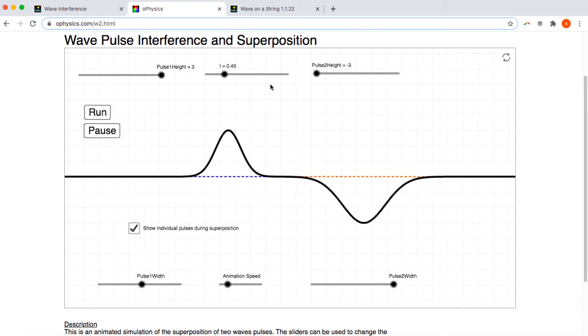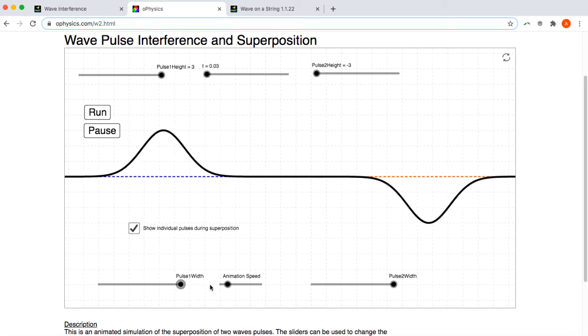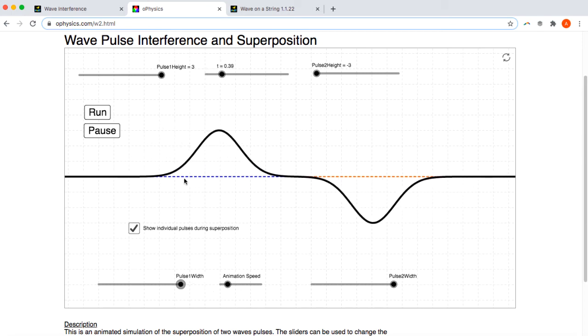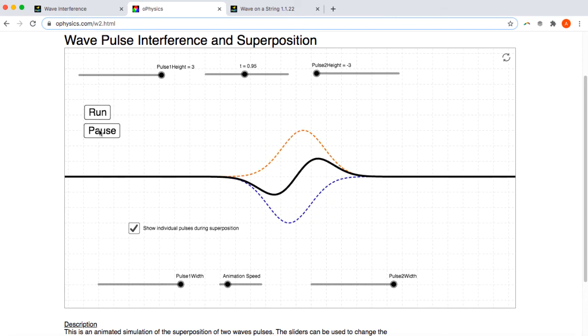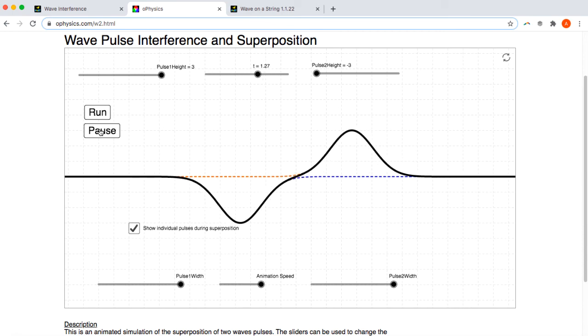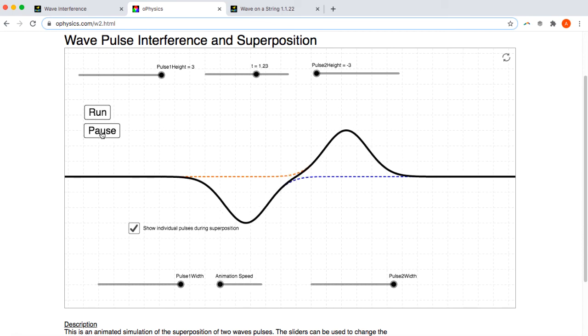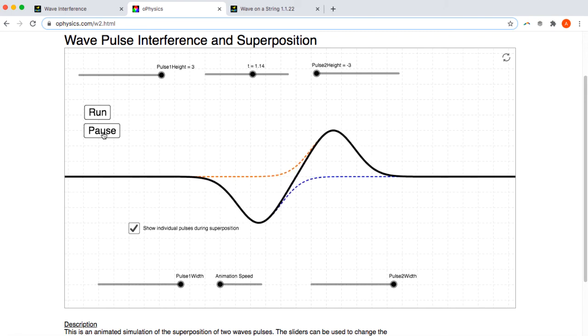at certain parts. And if I made the waves completely symmetrical, now they're completely symmetrical but upside down from each other, then we'll see that there's actually going to be a point in the middle where we got a completely flat wave. Let's see if we can catch that again. Okay, I'm going to slow this right down, and we'll see that there's a point in the middle where the sum of the two of them is actually